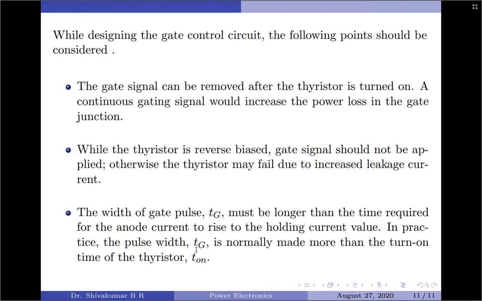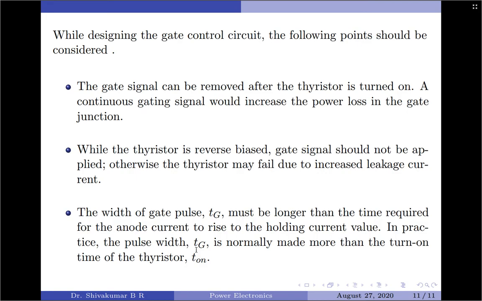Now we know what is holding current. This is the minimum amount of current that must flow across the thyristor from anode to cathode to say the thyristor is in an on state. So when you are trying to turn on a thyristor, the input gate pulse width must be long enough till the thyristor current reaches the holding current. If the pulse width is short, then the thyristor current will never reach the holding current, and the moment the pulse ends, the thyristor returns to the forward blocking state. It will never continue to the forward conduction. So, a minimum of Tg pulse width has to be maintained for proper triggering.